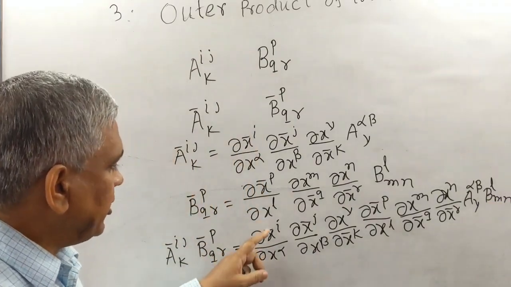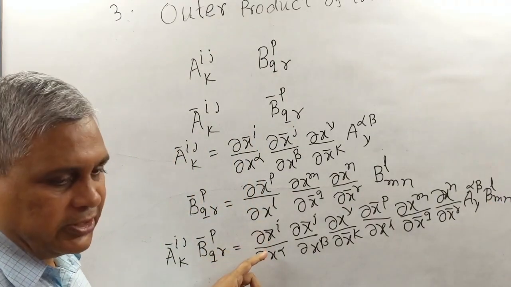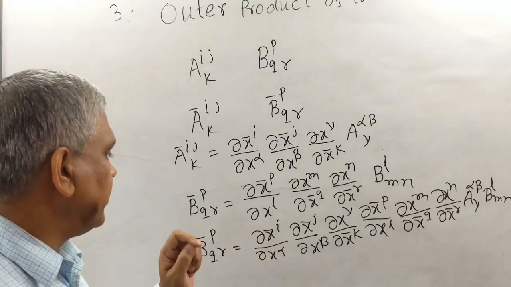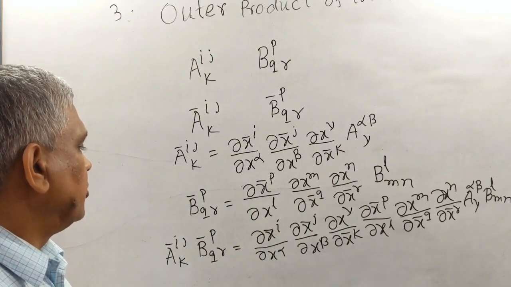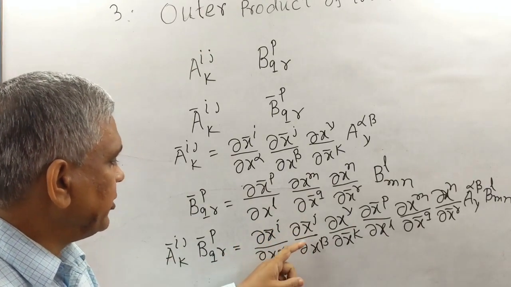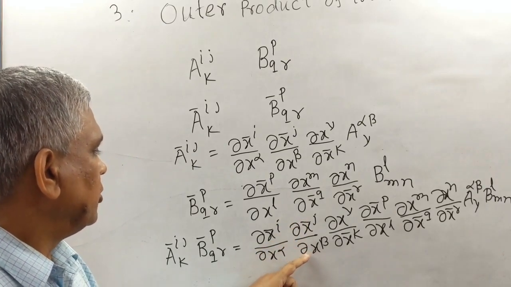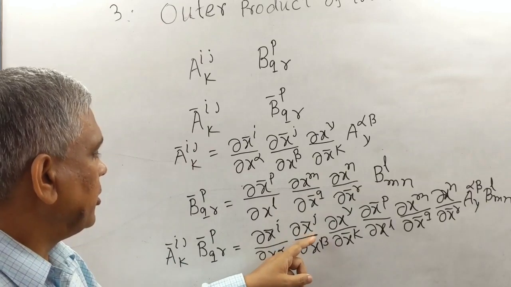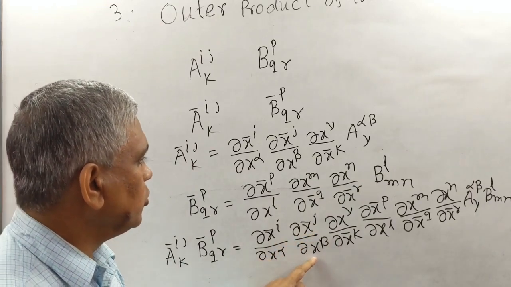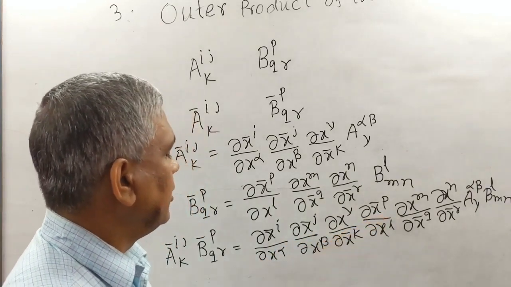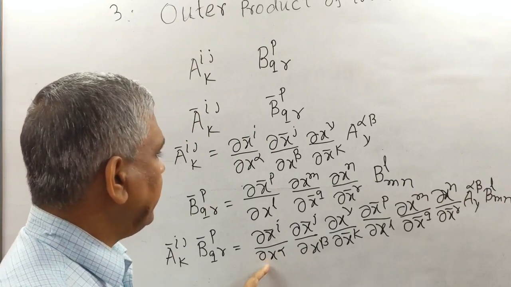This partial derivative represents contravariant tensors. This partial derivative also represents the existence of a contravariant vector. So this type of partial derivative 1, 2 and 3. So the resulting tensor